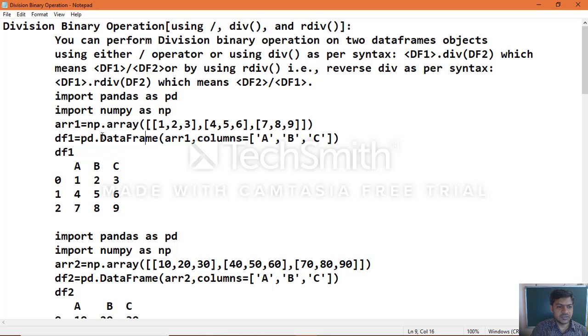So we'll start, as usual, by importing the pandas module as well as the numpy module, and creating the array object and then data frame object 1.